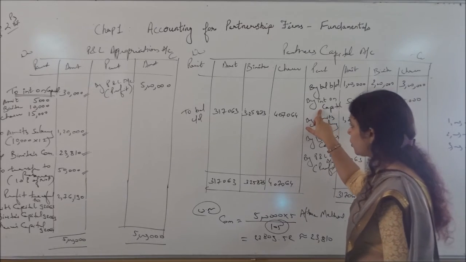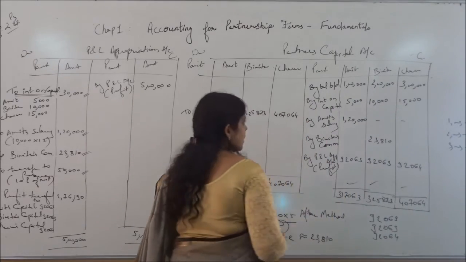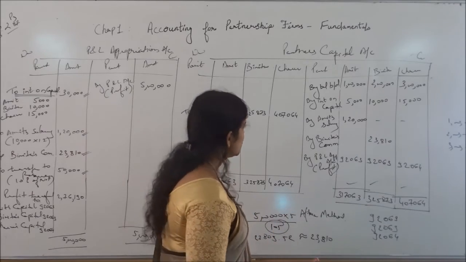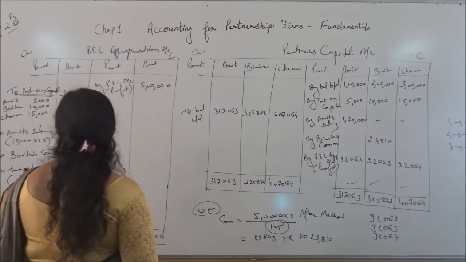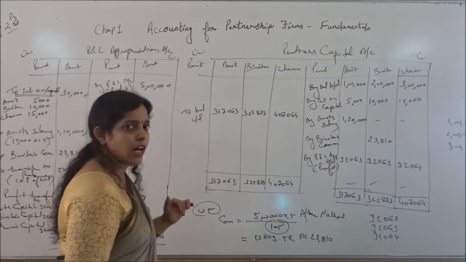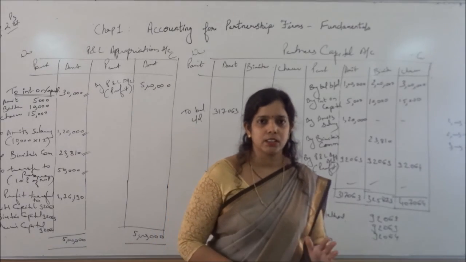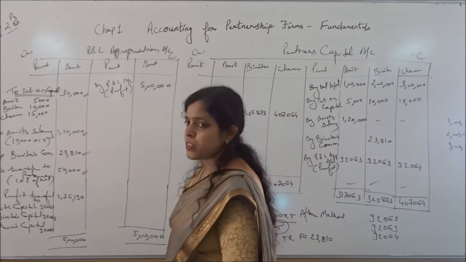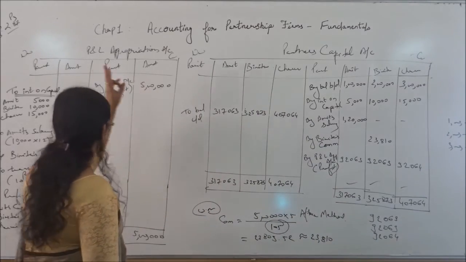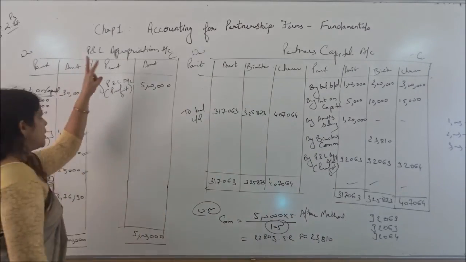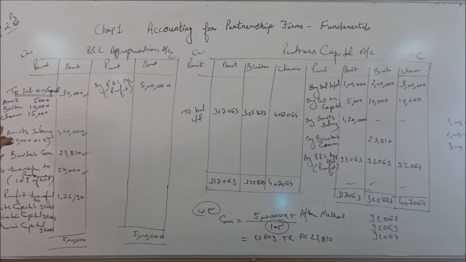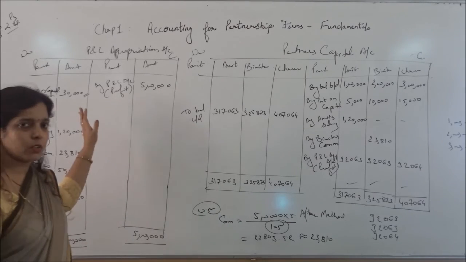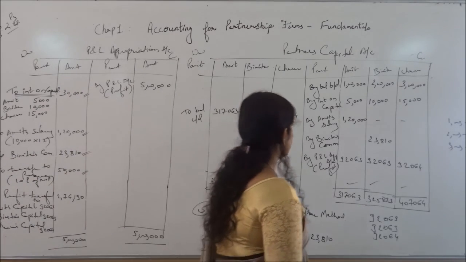What will be your second entry? Interest on capital account DR to Amit capital, Vinita capital, Charu capital along with their figures. Put the total in front of interest on capital, 30,000. Then make the related transfer entry: P&L appropriation account DR to interest on capital, being closing entry for interest on capital. It is transferred to P&L appropriation, right?